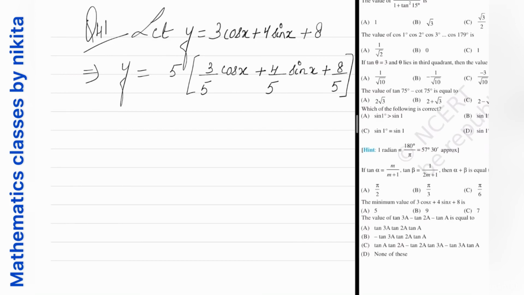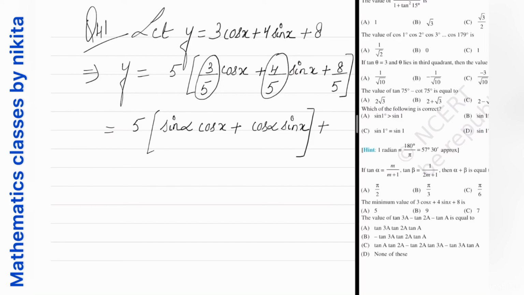Okay, so this is equal to, so I can write this as 5 times, now instead of 3 by 5 I am letting this as sin alpha. So sin alpha cos x plus, and this I am letting as cos alpha into sin x, and then this I am writing as 8,